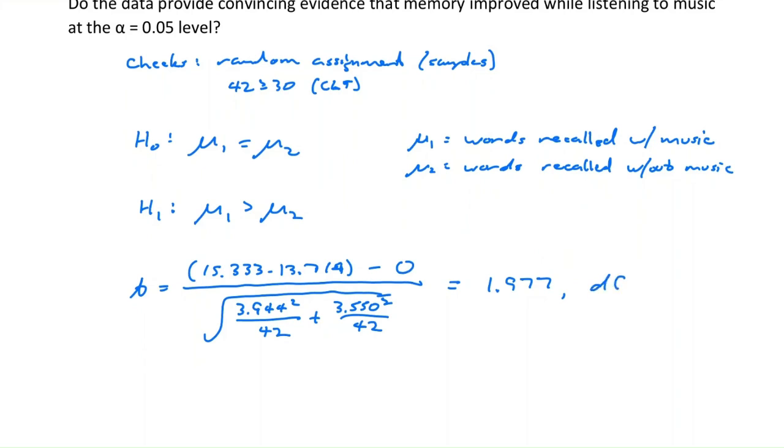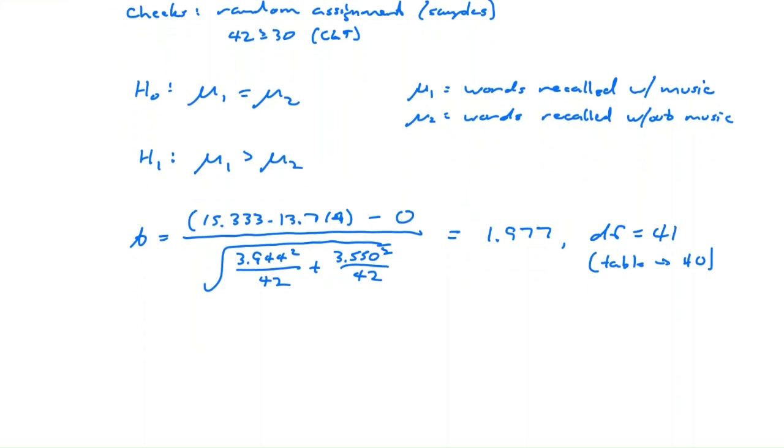Our DF here is obviously 41. Sample sizes are the same. Now, again, if we look in the table, there is no 41. So in the table, we'd be looking up a DF of 40 because that would be the next lowest number in the table. All right. And of course, you can use technology to do this: Excel, Google Sheets, a graphing calculator. There's a lot of different technologies and actual statistical software programs. But if you're to use a table, find a t-table,